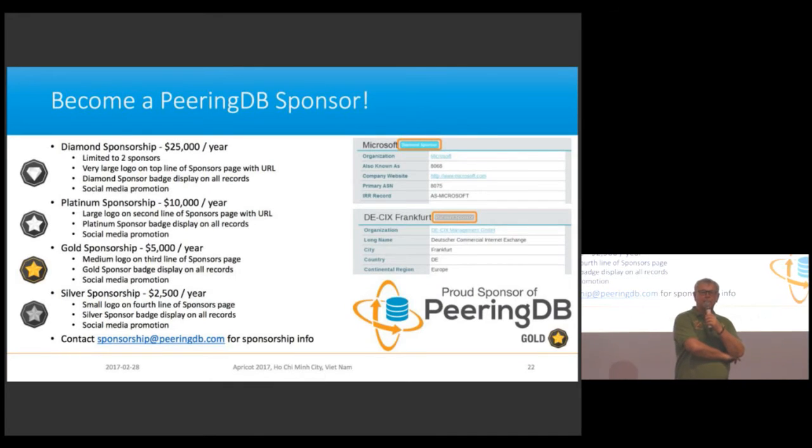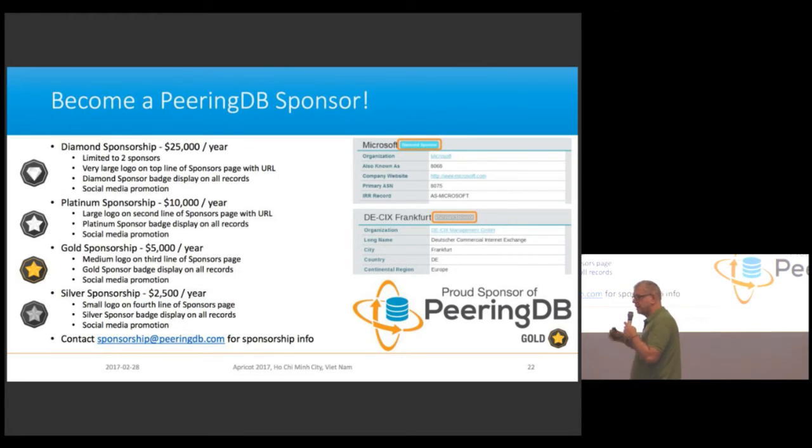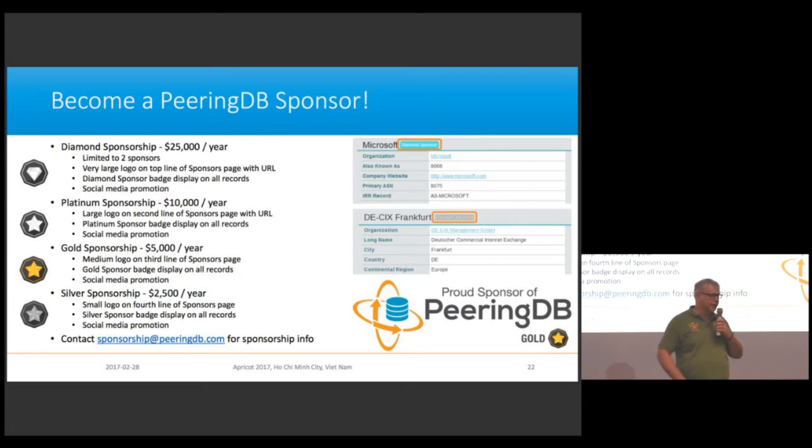Then PeeringDB itself, the use of PeeringDB is free. You don't have to pay anything. This is unlike any other membership. If you are an IRR member, you have to pay a fee to get your objects registered. Anyone is able to store information there, be it a facility, an IXP, or a network. But on the other hand, we also have costs. We have costs to run the services, to pay for new developments.